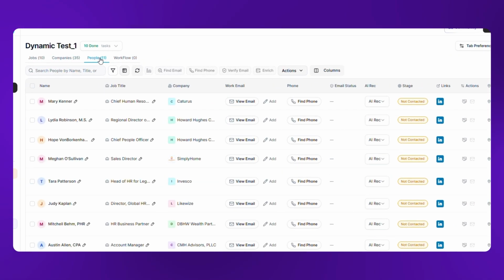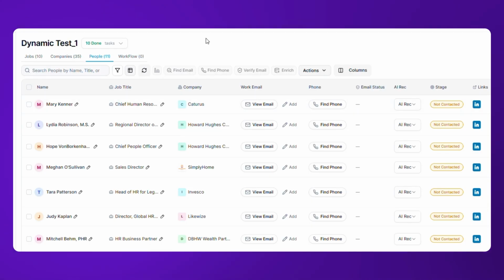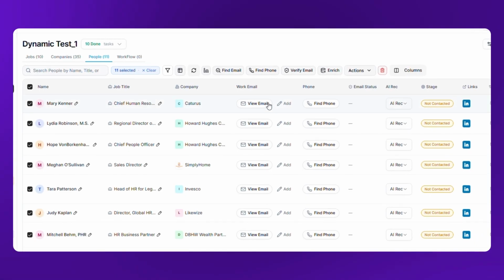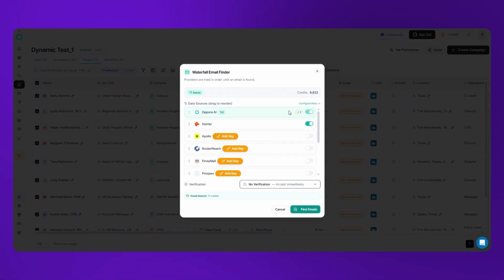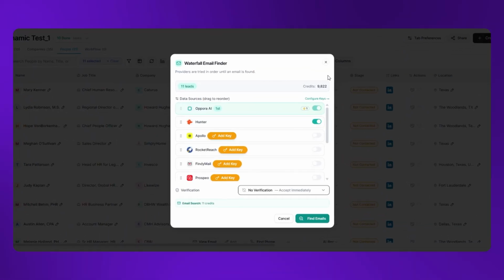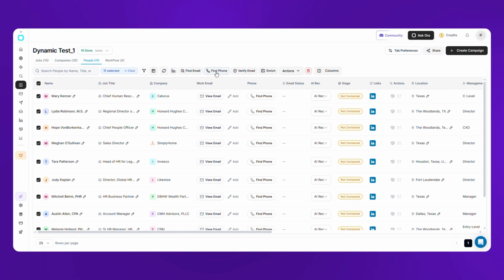Once you find the leads of those companies, all the leads will appear in here. If you click on Select and then Find Email, Oppora will start to find the business emails of these leads. Similarly, you can also find the phone numbers of those leads. Similarly, you can add dynamic columns in people as well. We have these default columns. If you need to find anything that is not present in the default columns, you can add the enrichment